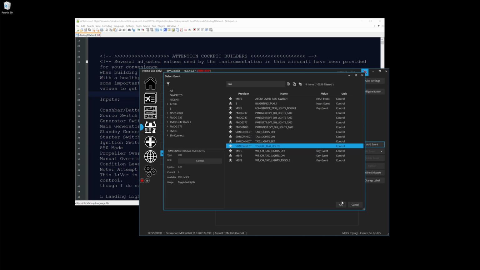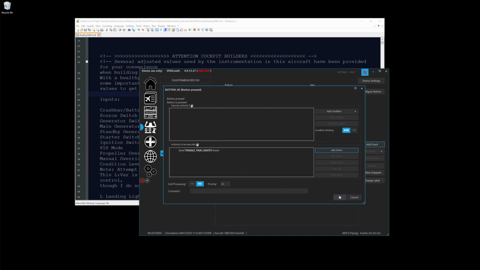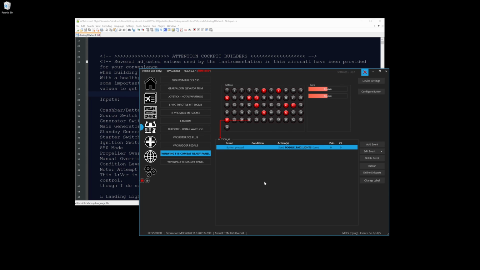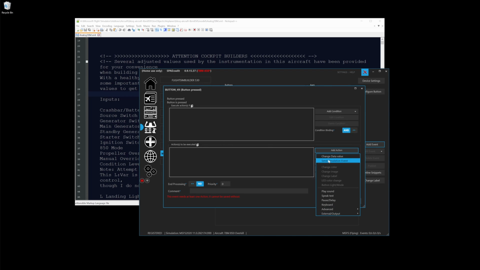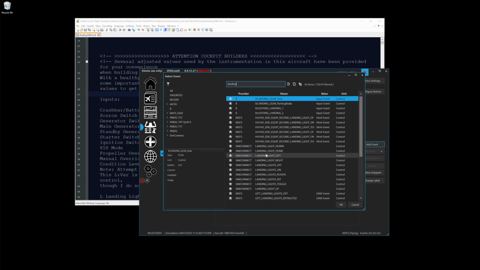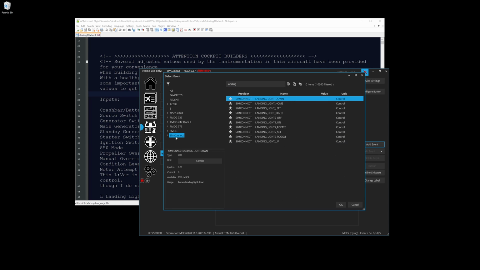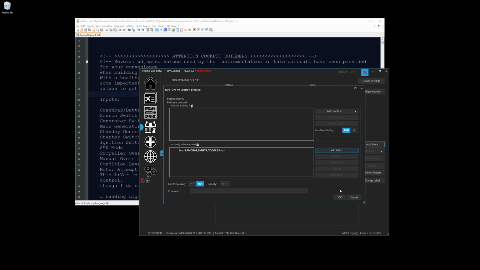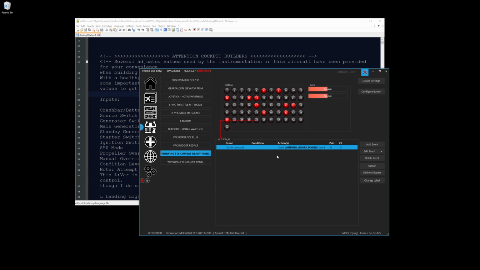And again, toggle taxi lights, because there's a push button. Then we're going to look for landing. And if you ever have all this crazy stuff, you can go Sim Connect, filter things down, landing lights, toggle. And then finally, the pulse lights. Pulse lights, you'll typically turn them off